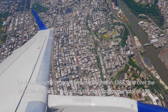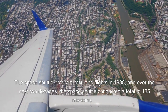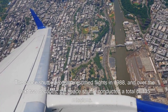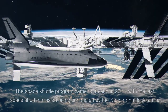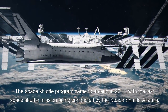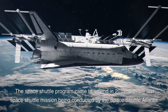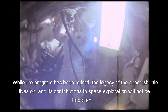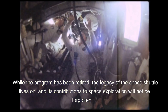The Space Shuttle program resumed flights in 1988, and over the next 2 decades, the Space Shuttle conducted a total of 135 missions. The Space Shuttle program came to an end in 2011, with the last Space Shuttle mission being conducted by the Space Shuttle Atlantis. While the program has been retired, the legacy of the Space Shuttle lives on, and its contributions to space exploration